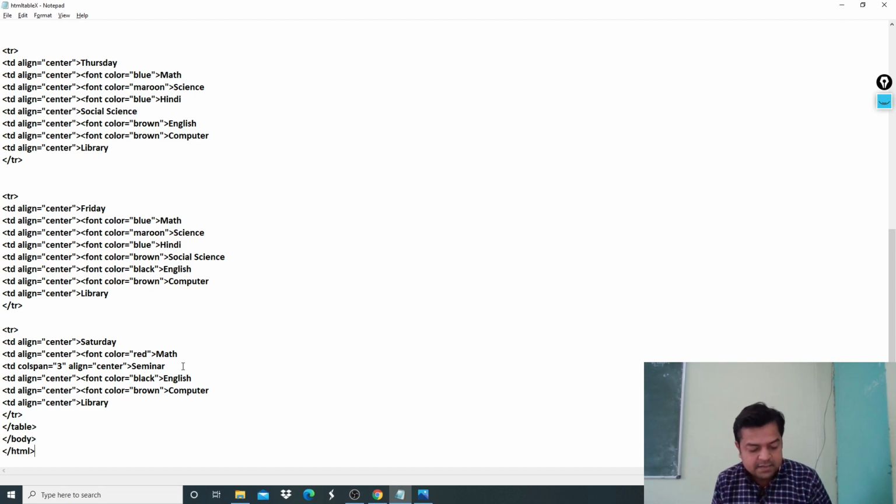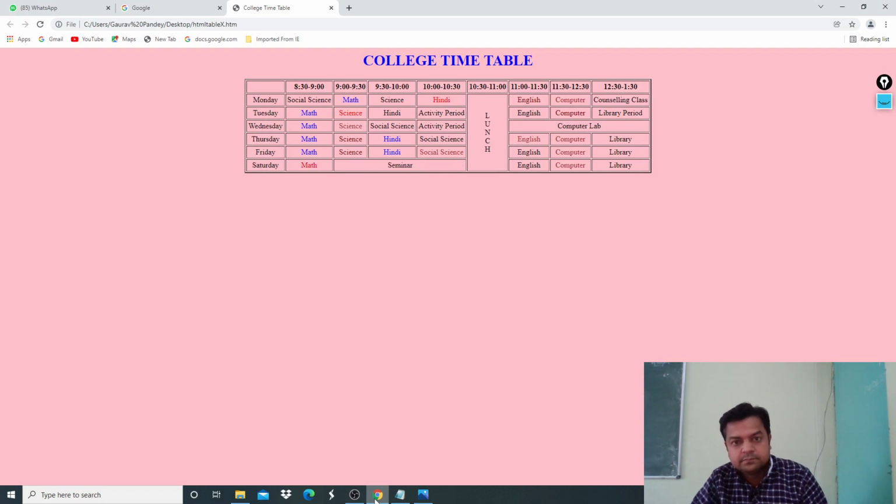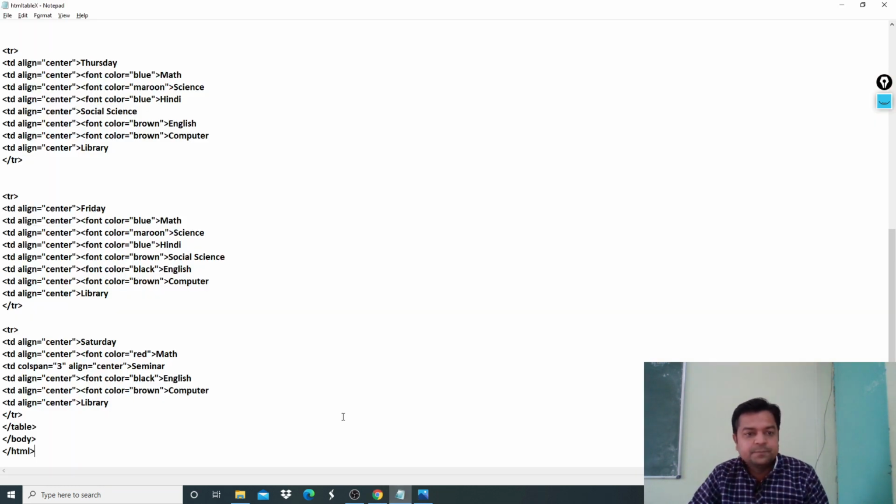I will save it and refresh the browser screen once again. So see, the output is the same as I showed you for what you have to write the HTML code. Clear? It may vary, the period may vary, the color may vary, but it doesn't matter। अगर आपका पीरियड चेंज हो चुका है, कंप्यूटर की जगह लाइब्रेरी या लाइब्रेरी का कंप्यूटर आ गया है, it doesn't matter। My main motto is to tell you how you will write an HTML table code for producing the output. Okay, now I will show you some changes।